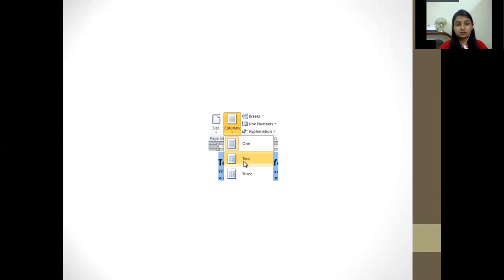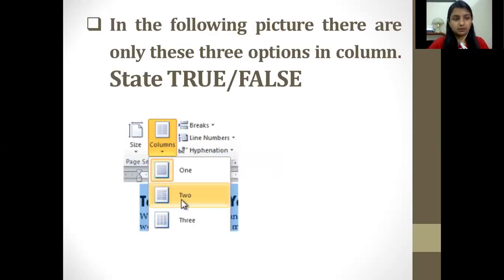You can see from this as well. If you are able to see, the lines are in a similar way, in alignment, where there is no space in between. Then in the second one, you can see there is a space between, dividing the section into two parts, that means two columns. And what about the third one? It is about three columns. So this is the meaning of this image. When we would be exploring the column option, we would be having these three options, trying each of these. So in the practical work, now we would be doing it.